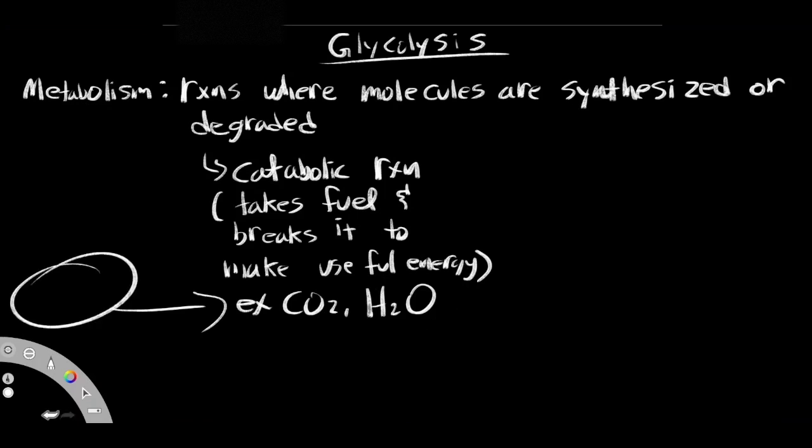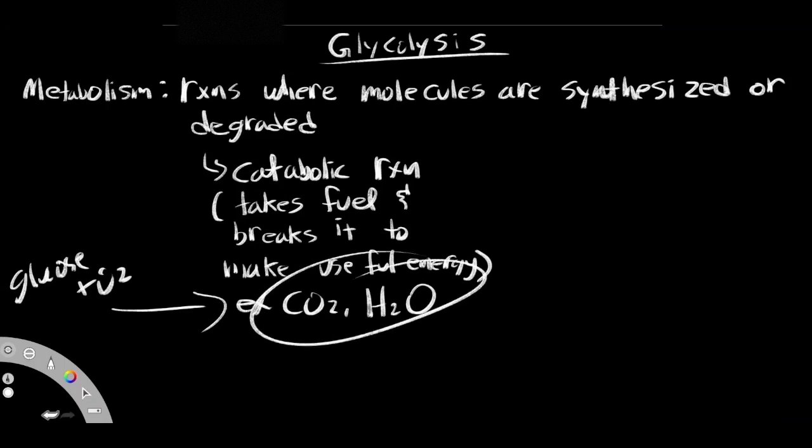On the reactant side over here, that was the glucose, right? Hence why glycolysis is associated with the word glucose, right? Because glucose, it's the most stable hexose, so that just means that it's very efficient to be used as opposed to fats and proteins. So we have glucose here that gets broken up. We also need oxygen, right? So we need glucose and we also need oxygen in order to break them apart and then create these products,